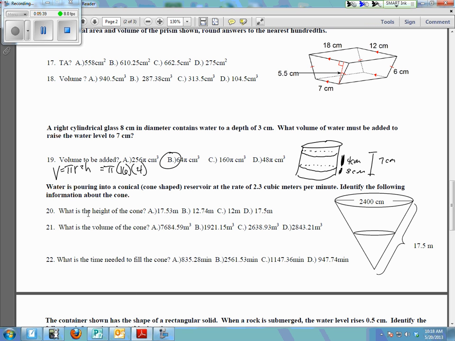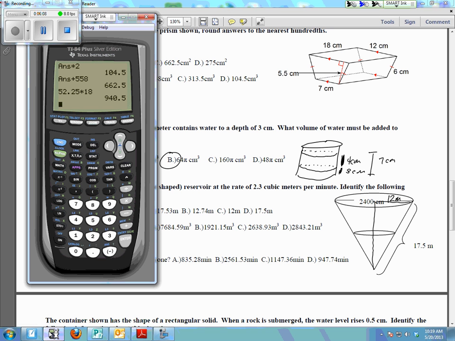Working on number 20, what is the height of the cone? Okay, so over here, what you need to do is draw in that there. Okay, now because this is 2,400 centimeters, we're going to change that to 24 meters, but I only want half of it for the radius, so that's 12 meters. The slant height here is 17.5, so I'm going to use the Pythagorean theorem, which will say, this